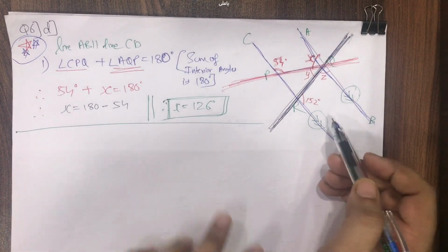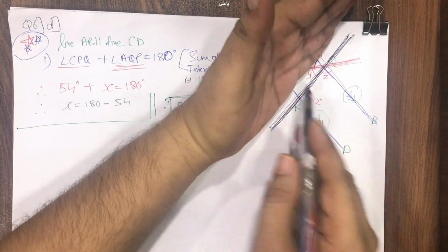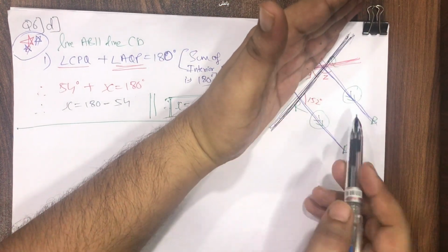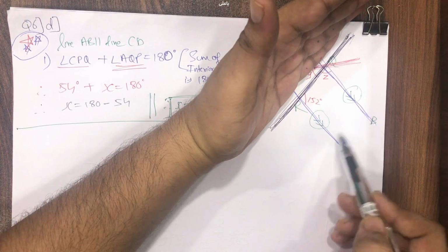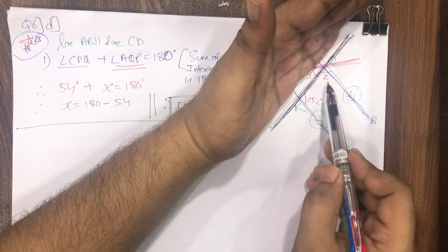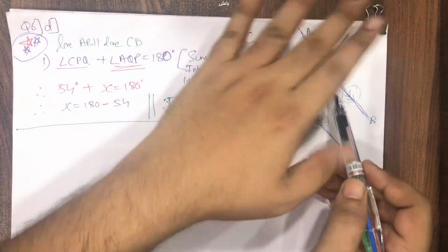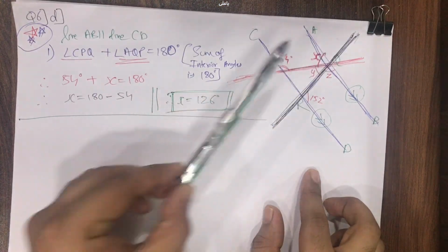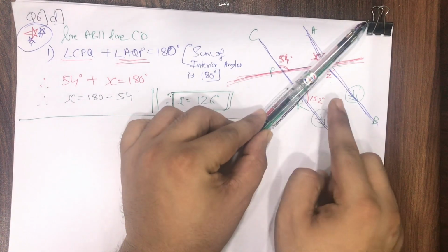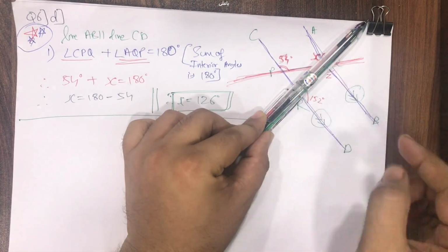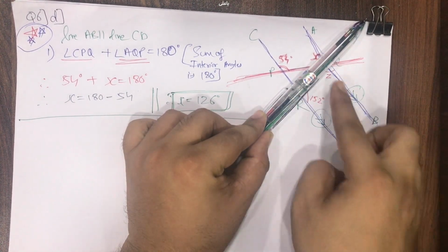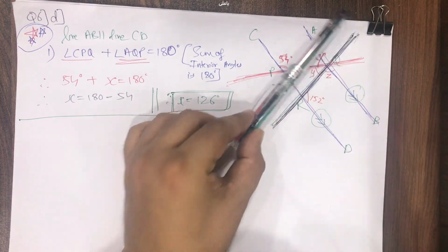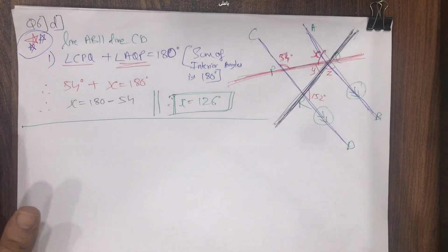Can I say, see the right hand side of this black color line, these two blue color lines are parallel to each other, and this Z and 152, this is like a transversal black color line. This Z and 152 are the interior angles because these two blue lines are parallel. So Z plus 152 is equal to 180 degrees. Reason will be the same, co-interior angles.